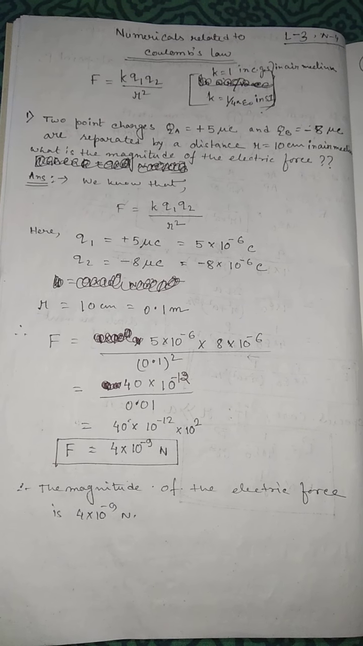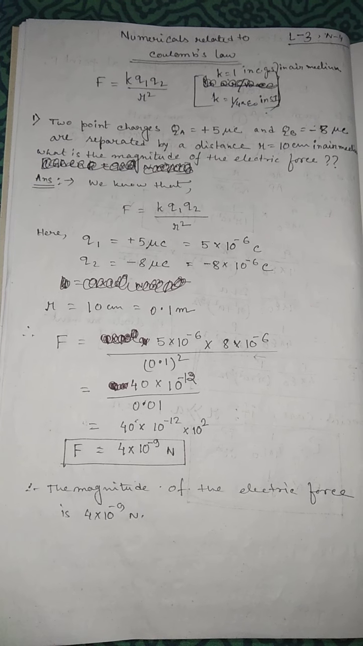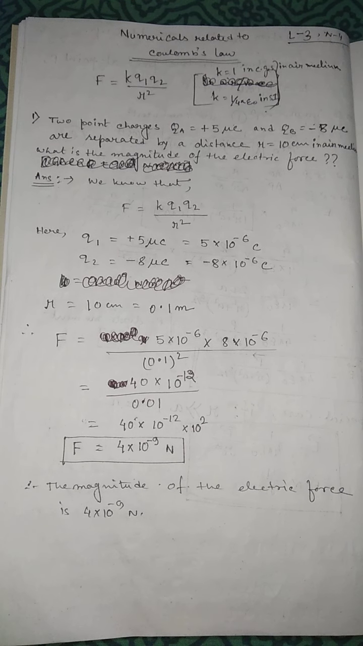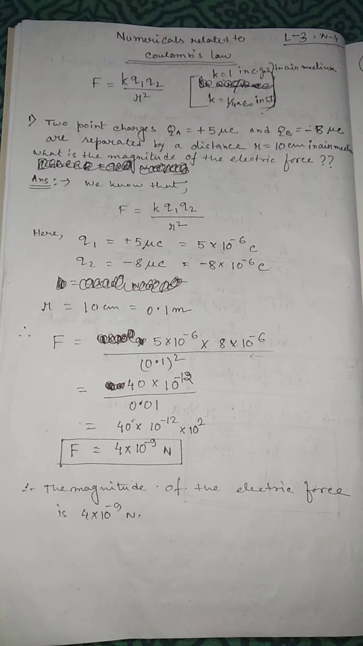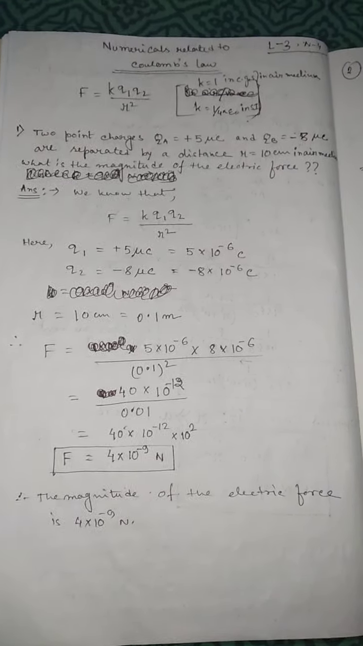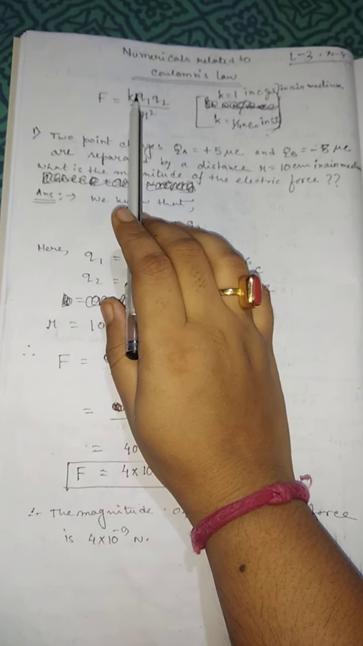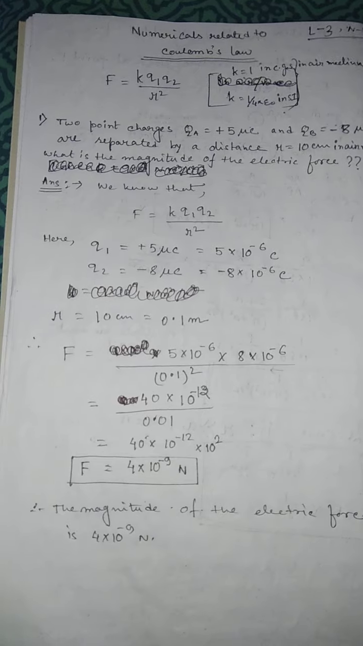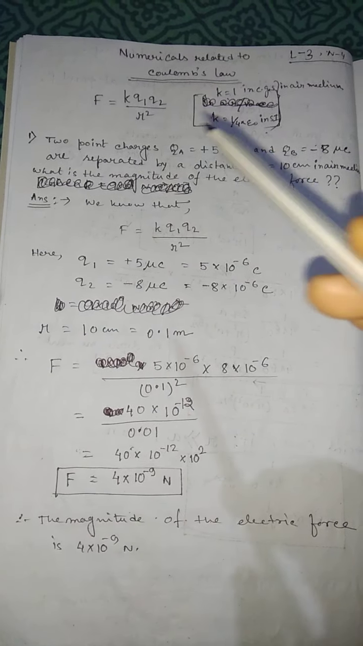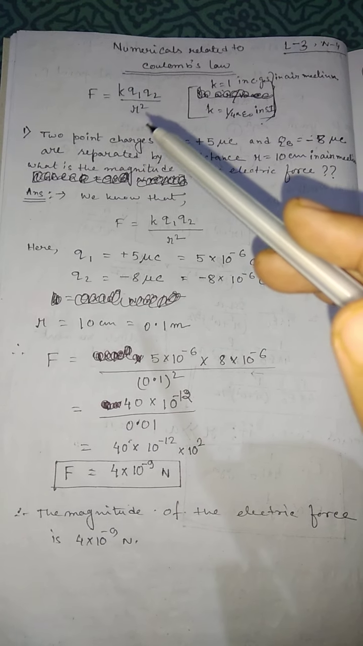Okay, so in this class we solve some numerical problems related to Coulomb's law. We also studied Coulomb's law in previous class videos. So we know that from Coulomb's law we get this equation F equals K into Q1 Q2 by R square, where Q1 and Q2 are the two charges,